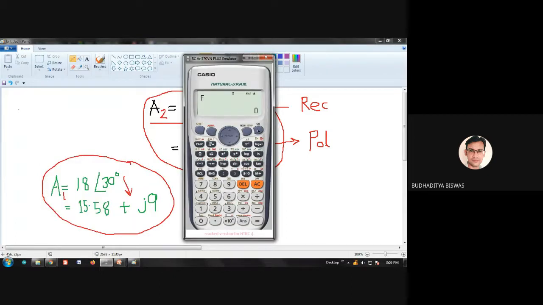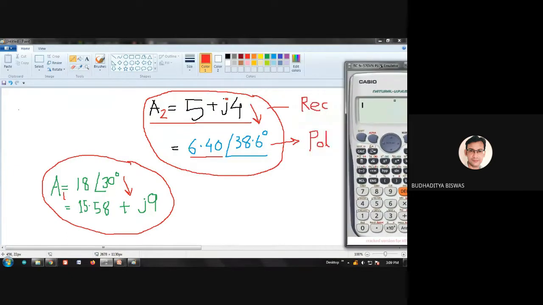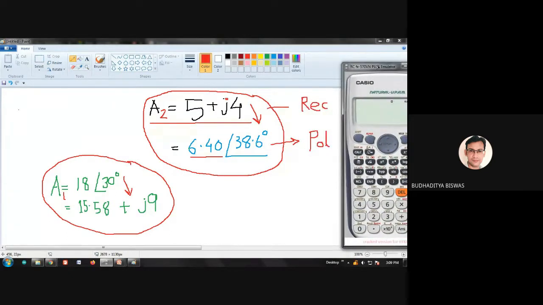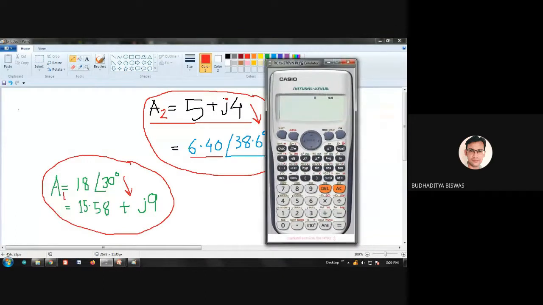So this is one thing, and people need to remember these steps. Memorize these steps, because in the exam I guarantee this question will come every time, and you need to do polar to rectangular and rectangular to polar every time. At that time, if you think about how to do this, it will unnecessarily kill your time.